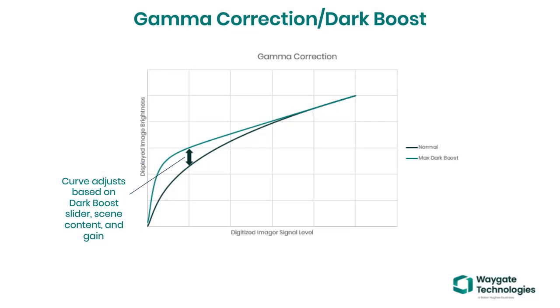All cameras apply gamma correction, where the levels of darker pixels in the image are boosted digitally. This makes the images look normal to our eyes. Otherwise, the image would be very dark. Dark Boost assesses the brightness content of scenes and intelligently adjusts the gamma correction level to further increase brightness in dark areas. If you look at the curves in the graph that represent normal processing and Dark Boost processing, we